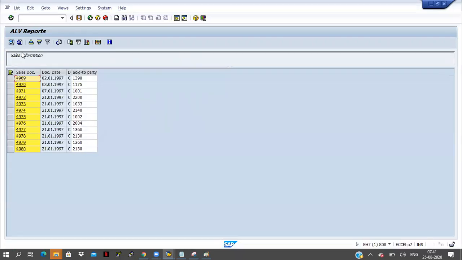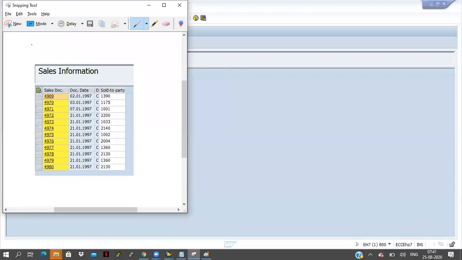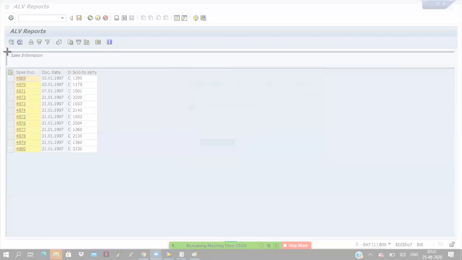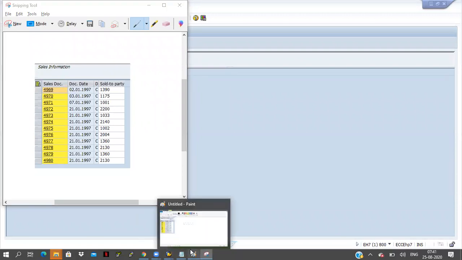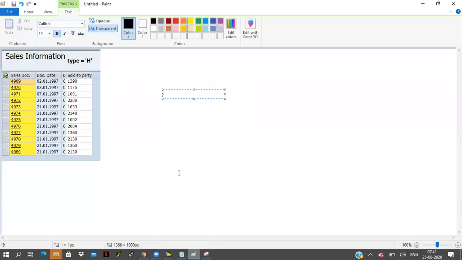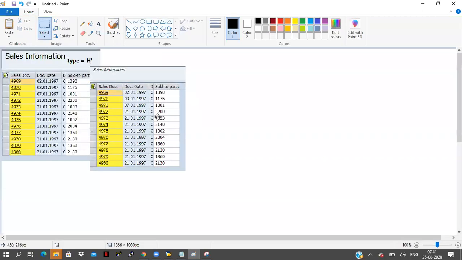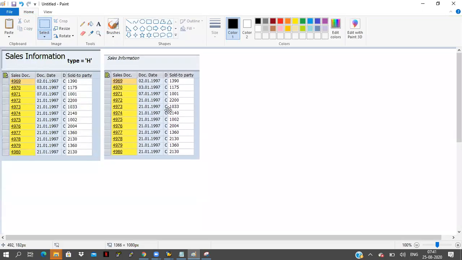How is it coming? The letters are coming a little bit small here. And here type is A.